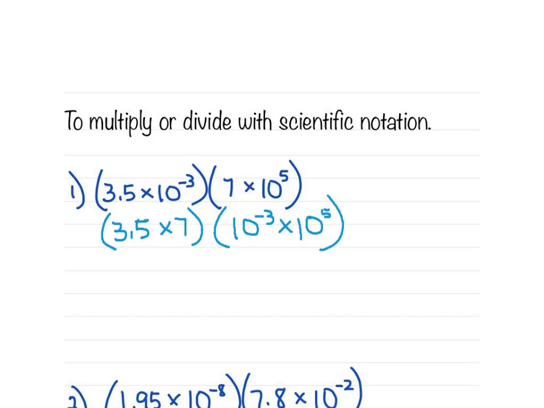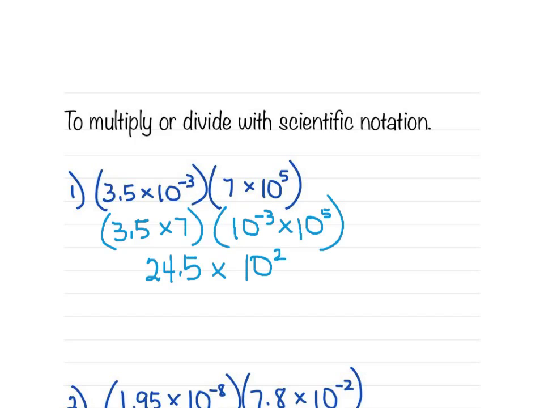3.5 times 7 is 24.5. 10 to the negative 3 times 10 to the 5th power. Remember that when we are multiplying powers with the same base, we will add the exponents. So that's 10 squared. Now your answer needs to remain in scientific notation, but please note